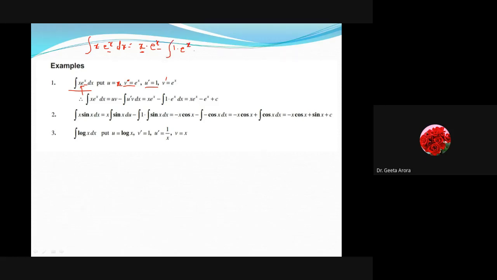Here the whole integration we have to apply at the last. So if we write down, it can be written as x into e^x, and the integral of e^x is e^x again. So it is x e^x minus e^x, and taking e^x as common, what we will be left with, we can write it down as e^x into (x minus 1), and in the final answer what extra we need is a constant.